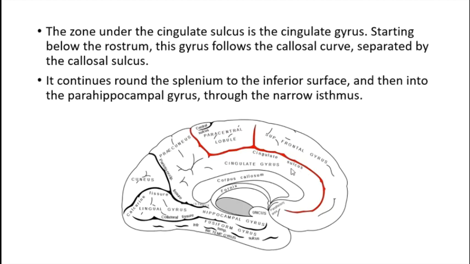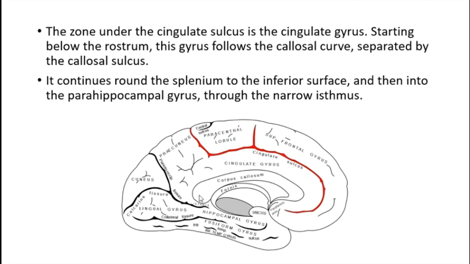This is a very complicated part. This whole zone of cingulate gyrus, this being the isthmus, this being the parahippocampal gyrus, is an area which is associated with emotions and memory and higher brain functions. It will be dealt with later in this lecture and also in a series of lectures ahead. This part is difficult to understand. So this is a part of the limbic system. But just at this stage, you only have to know the pictorial representation and names of the areas. So this is cingulate gyrus.